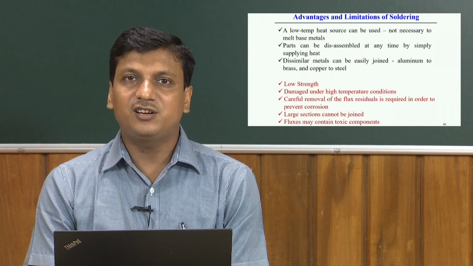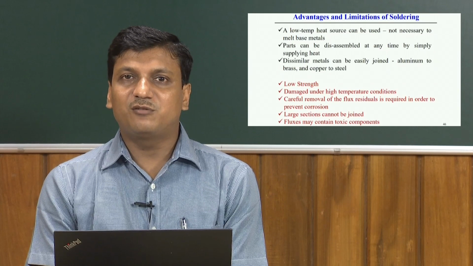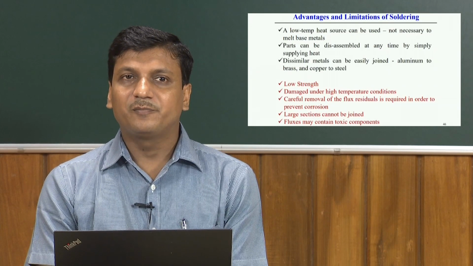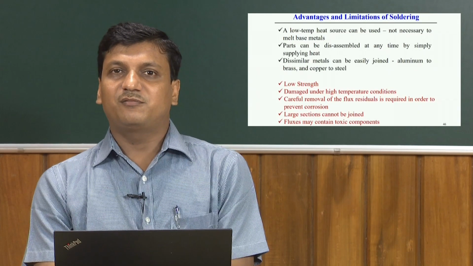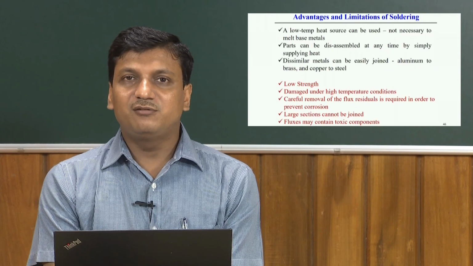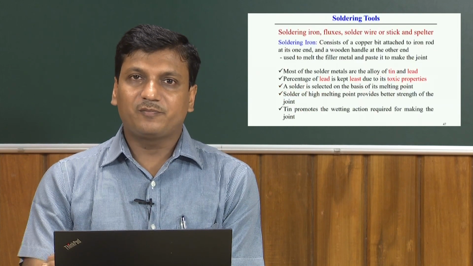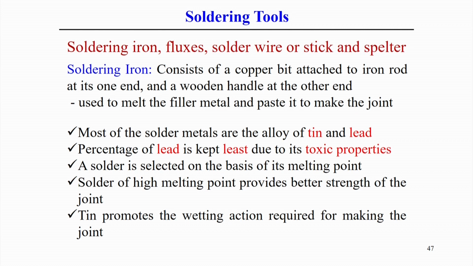Sometimes the flux contains lead, which is a toxic component and may not be favorable for green manufacturing technology. So, in that sense we try to avoid using such kinds of fluxes. Apart from this, there are several advantages and limitations of the soldering process, but still there is some development of the soldering